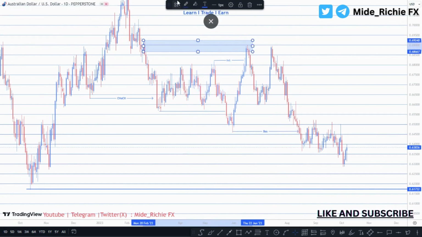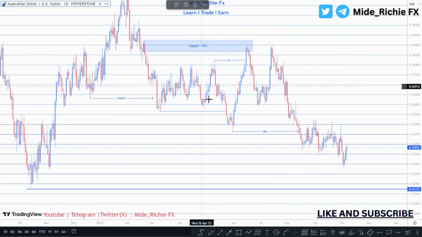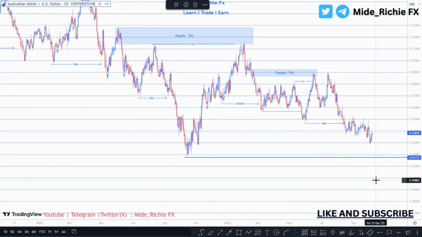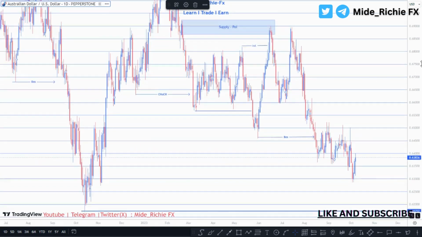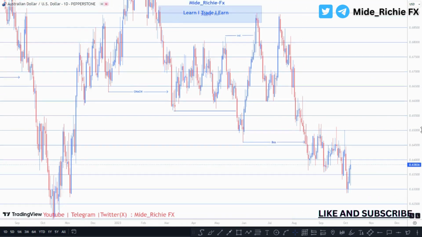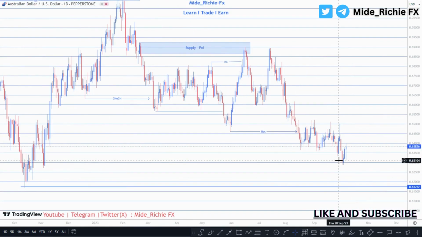All right, so this is very, very simple, guys. We just deal in market structure and liquidity grabs, supplies and demands. That's just it. Market structure and liquidity. That's how simple these things are. So now, what do you think we should expect after the break of structure? On a normal basis,